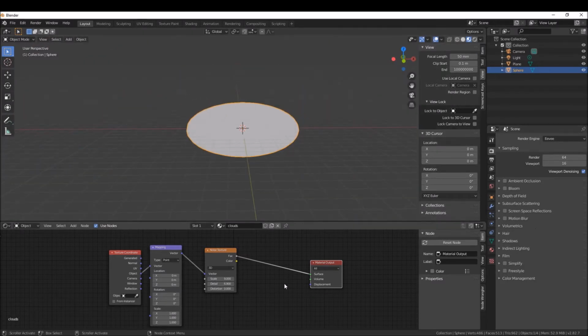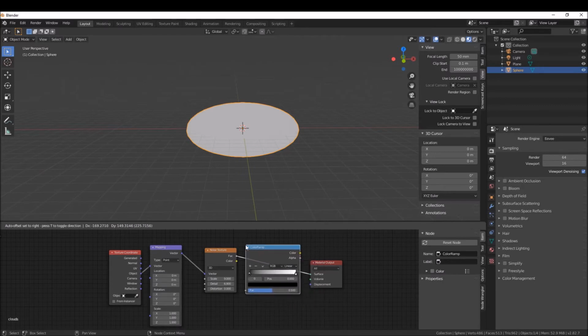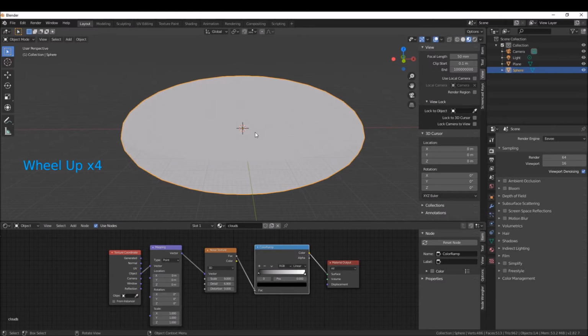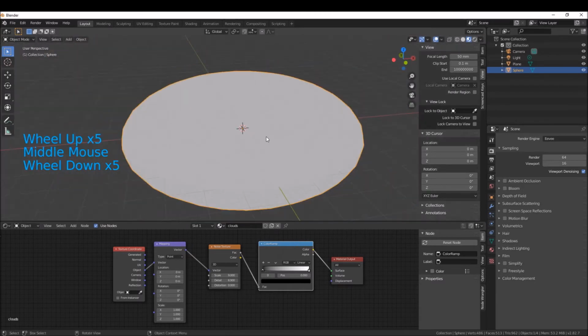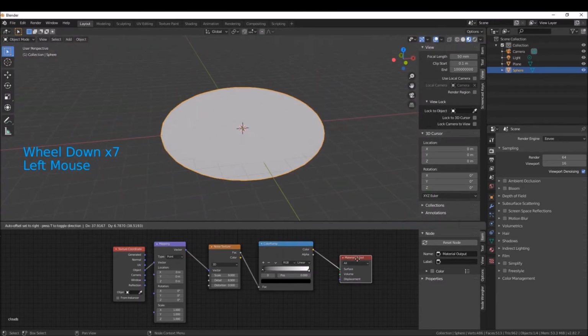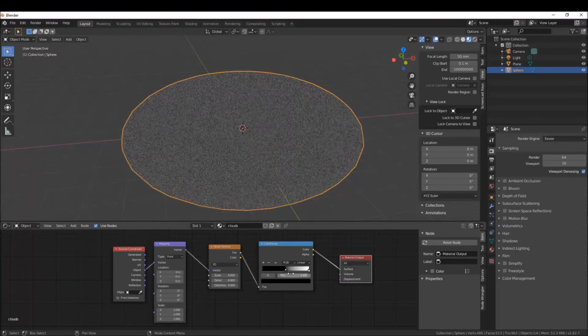And another thing we're going to add is a color ramp. Color ramps are really useful when we're doing anything like this because it allows us to control how much of the dark versus the light color, or whatever two parameters you're using. So right now, our material output is set. And you can see how we can kind of change